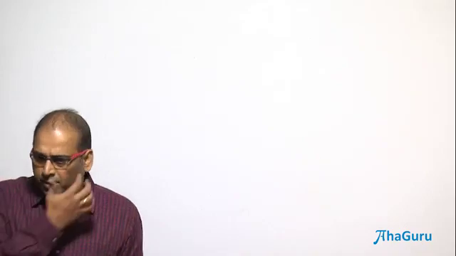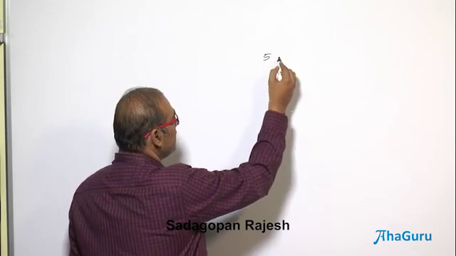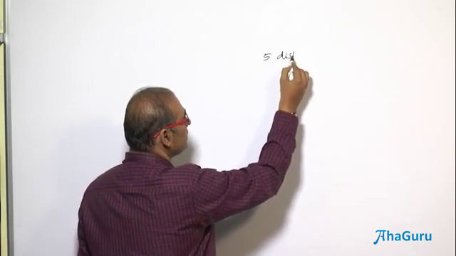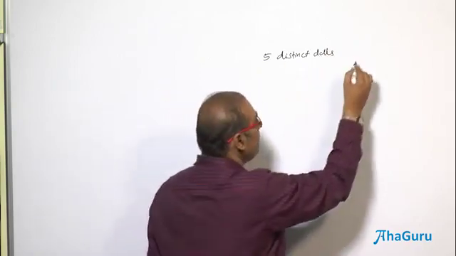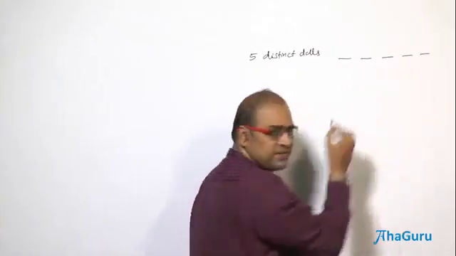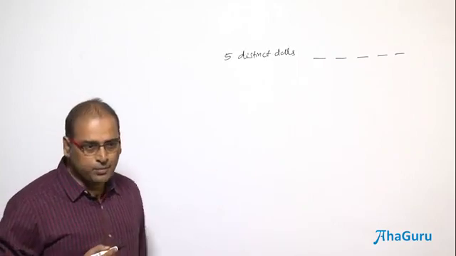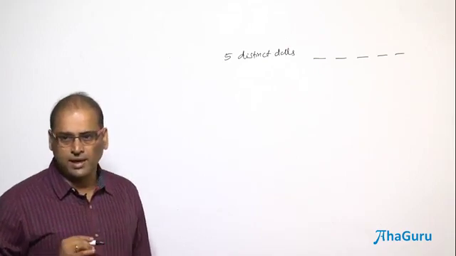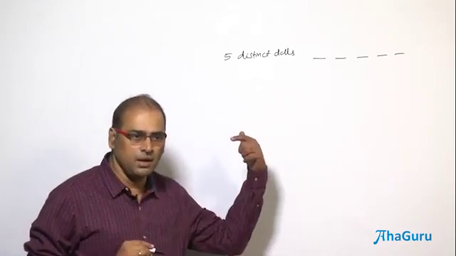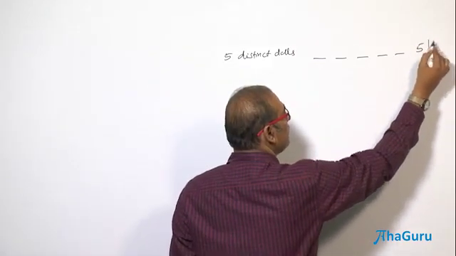10 tips are very, very important. Because if I am going to have, say, 5 distinct dolls, I need to place them in 5 places linearly. So the answer is very simple. What do you get? How many arrangements? 5 factorial. Either you can look from the place or from the doll. So you are going to get 5 factorial ways of arranging, right?